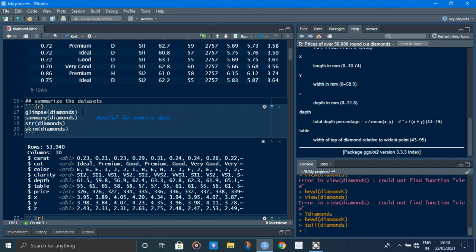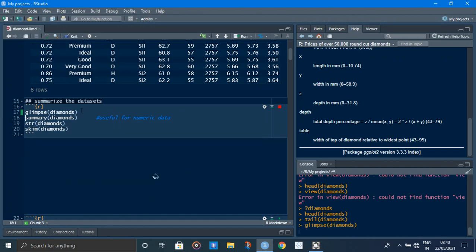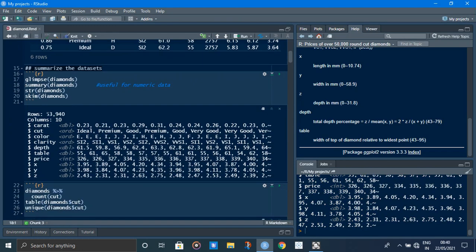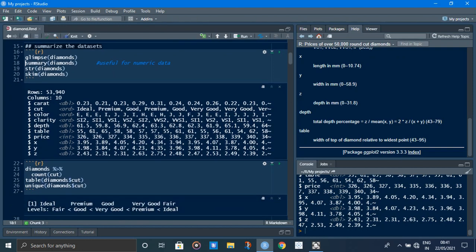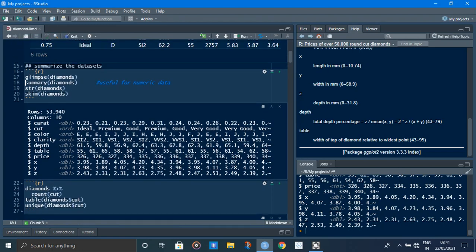So run the glimpse. It shows the total number of rows, the number of columns, the variables and their values.